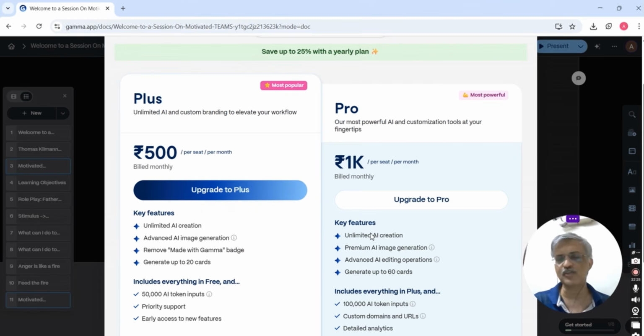So my request to you, if you're planning to use it, instead of hiding the Gamma logo the way I told you, it is always better to go in for one of these two options. And if you're unsure, you can try it for 1 month with this 500 option. Now, this is not a sponsored video. I'm not going to get any affiliate commission on this. I just shared it for information.